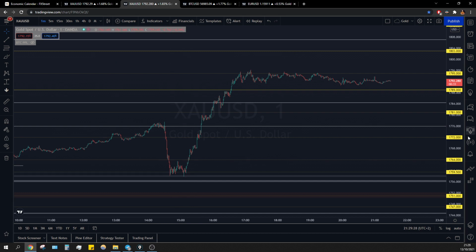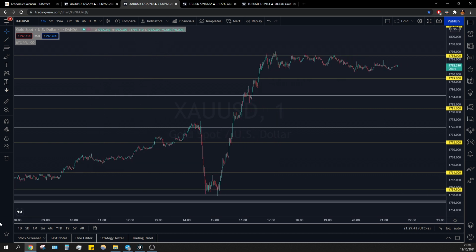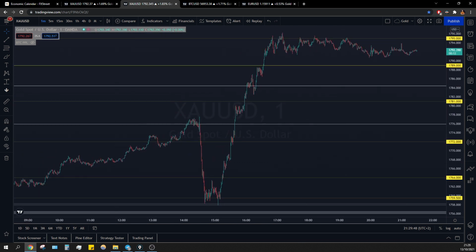Let me fix it for you. From the morning, as you can see, we have to shrink it a lot due to the very high range it played today. We come from the London session. Already during the London session, what we saw was a steady climb, with price breaking above 1764